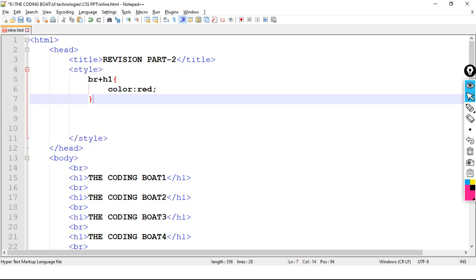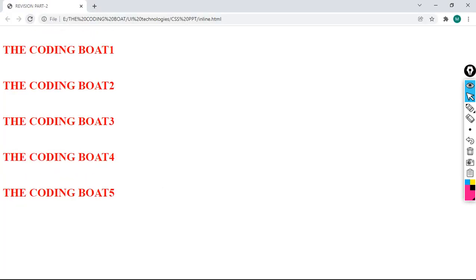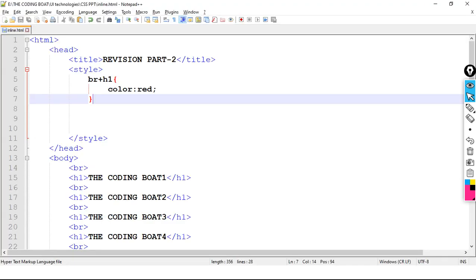Okay, and now here color will become red for first heading also. Understood? So this is the magic of internal cascading style sheet.